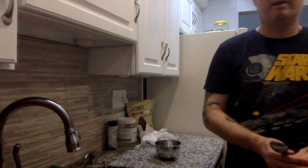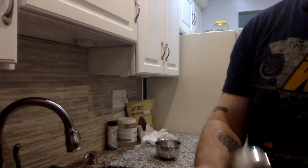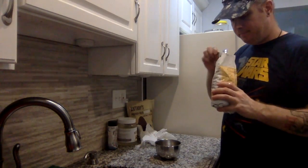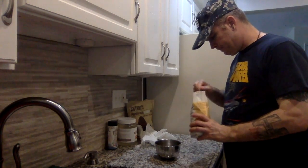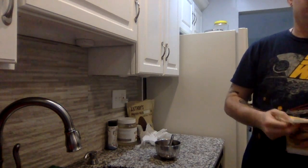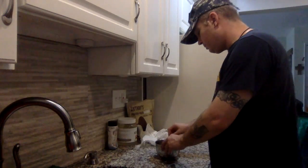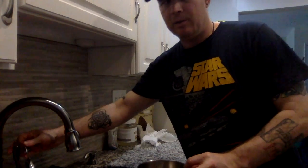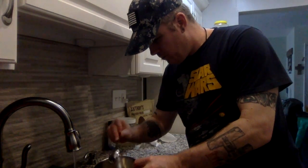So now while we wait for that, here they are. Got where I put them. We're going to take 2 tablespoons of flaxseed. There's 1, 2. Now this is used in vegan dishes in replacement of usually egg. It's actually called an egg replacement or a flaxseed egg. You take 2 tablespoons of flaxseed, and to that you're going to add